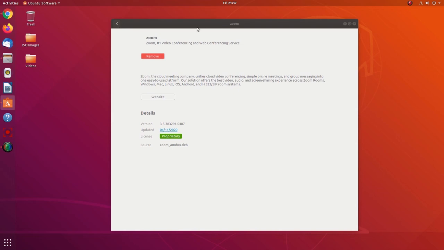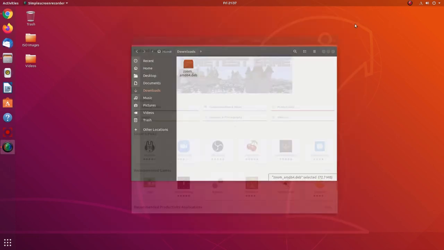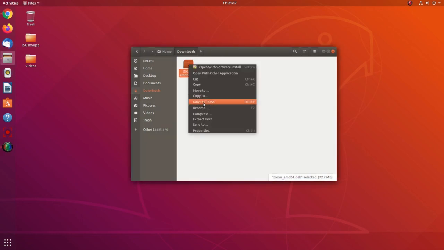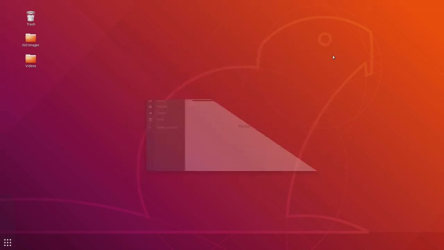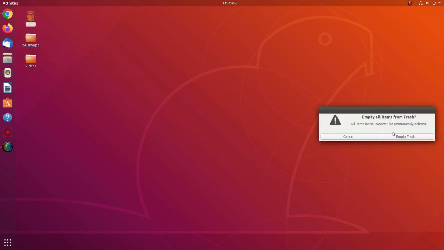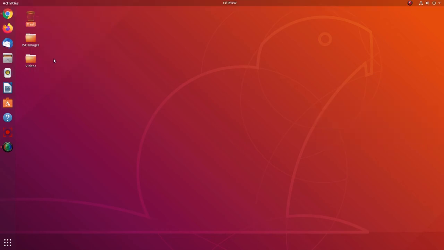And now it's time for the moment of truth, as they say. And actually, we don't need this file anymore, so you can just move it to the trash. And if you want to empty the trash, you can do that too, just by right clicking on your trash can and clicking empty trash. Anyway, now you'll see